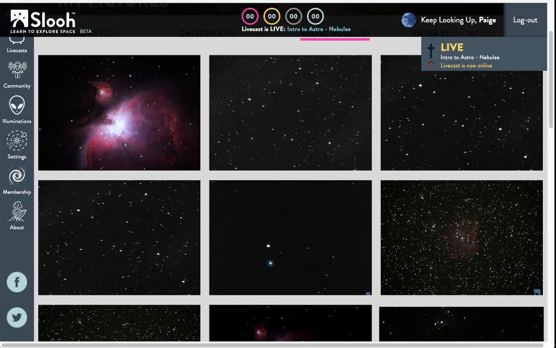Anyway, so an emission nebula. Well, if you know what the word emission means, then it is exactly how it sounds. This cloud of gas and dust emits its own light because the gas that's contained within the cloud is so hot. So near this cloud of gas and dust is a bunch of stars. And these stars ionize the gas in the nebula to such high temperatures. There's an abundance of hydrogen gas, sometimes making the nebula a particularly red or pink color. Look at the Orion Nebula for a great example.